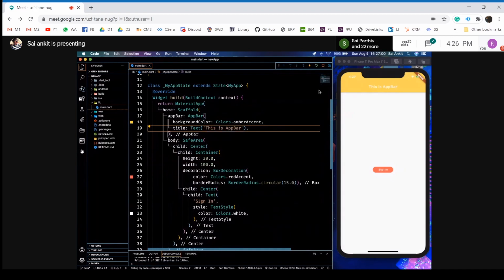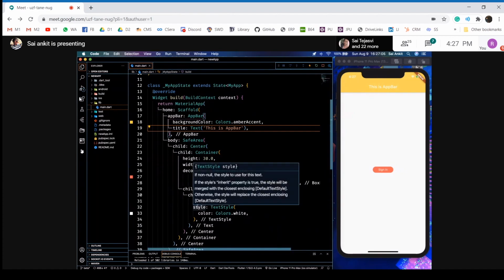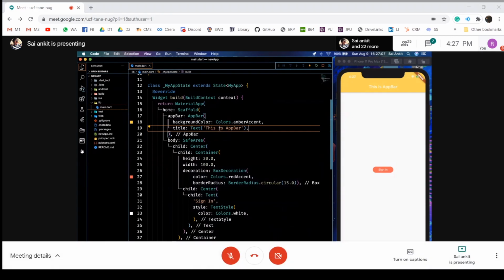And a text comes on the top. You can style this text also, in a similar way, using the style attribute and the text style widget. On your mobiles, if you're using an Android emulator, you can see this text on the left side. On iOS emulators, this is in the center. On Android, it is on the left. That is very native to the application. This is what Flutter does. Flutter compiles it into the native application, and the native application generally has some default standards set, like the title should be at the left for Android and the center for iOS.